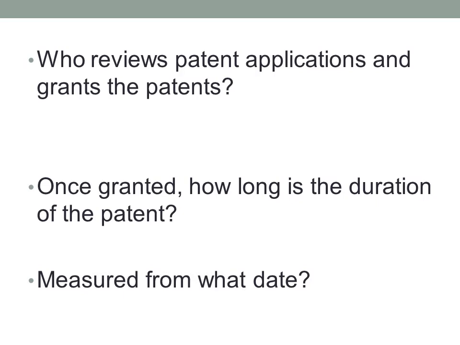So if you are an inventor and you apply for a patent, let's say you applied December 1st, 2019, and the Patent Office reviews your application, and we'll talk about what constitutes the review, what's needed in it. And then it says, yep, you're getting your patent, and they grant it to you, but you don't get it granted to you until April 1st, 2020.